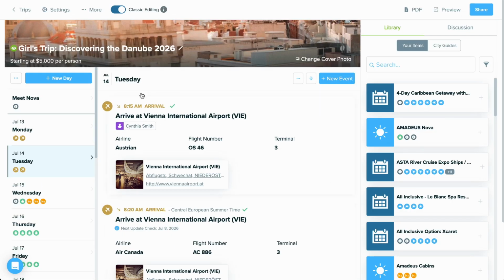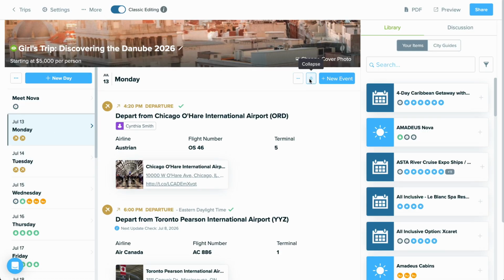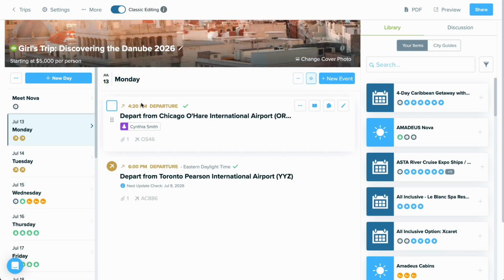We'll select Done Editing to have that saved, and you can see here what travelers are tagged to which event. This means that they are the only ones who will see this item. Another way that you can save a lot of time, especially if you're working with multiple travelers and multiple events that you would want tagged, you can go into Any Day, select the Collapse mode, and this condenses the events